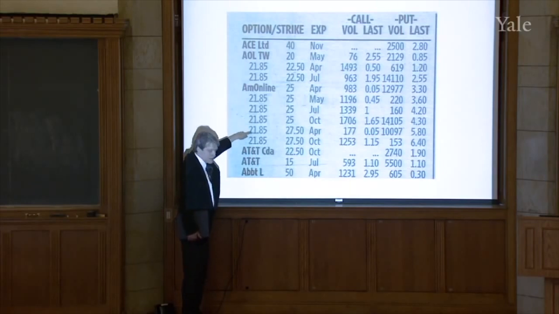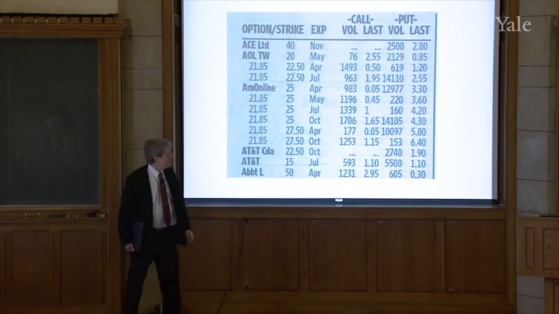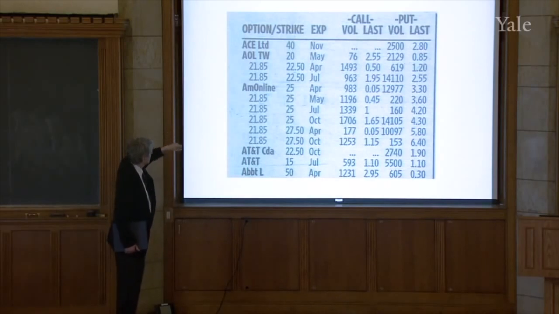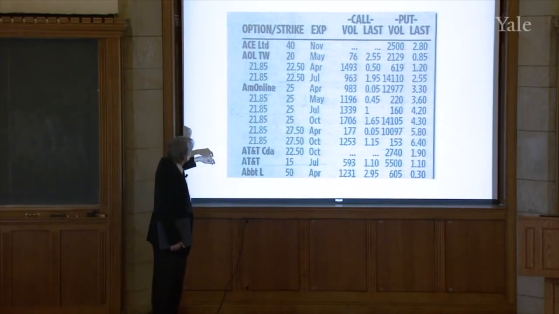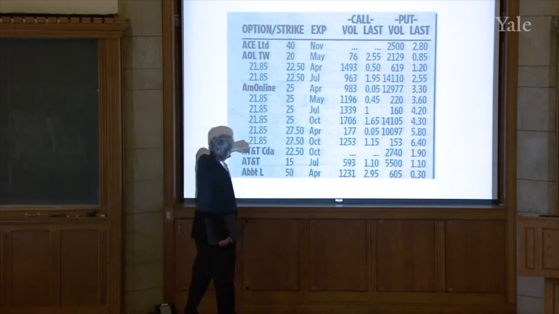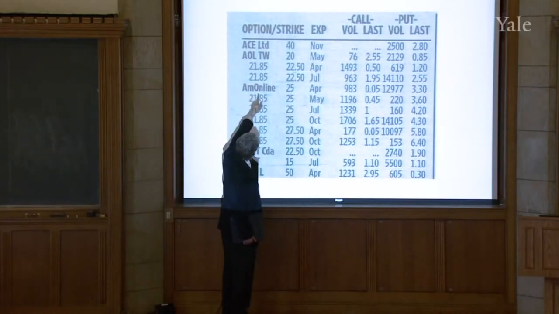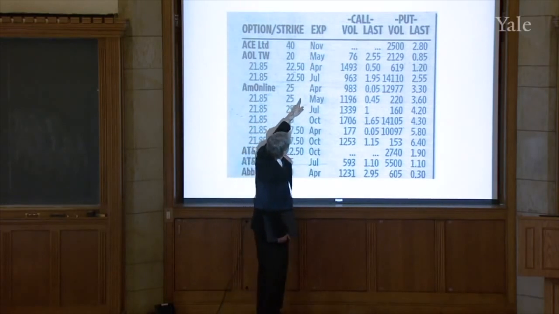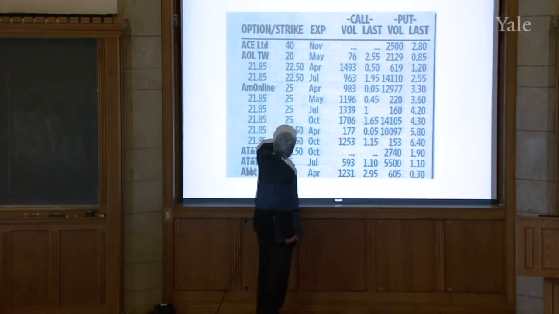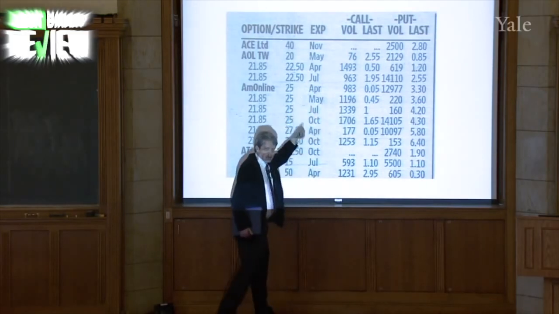Under every row, it shows the price of the share at $21.85 a share. So you can take any of these rows, and it shows you for various strike prices what the option prices are. So let's go to the top row. A strike price of 20, expiring in May of 2002, which is like 1 month into the future.